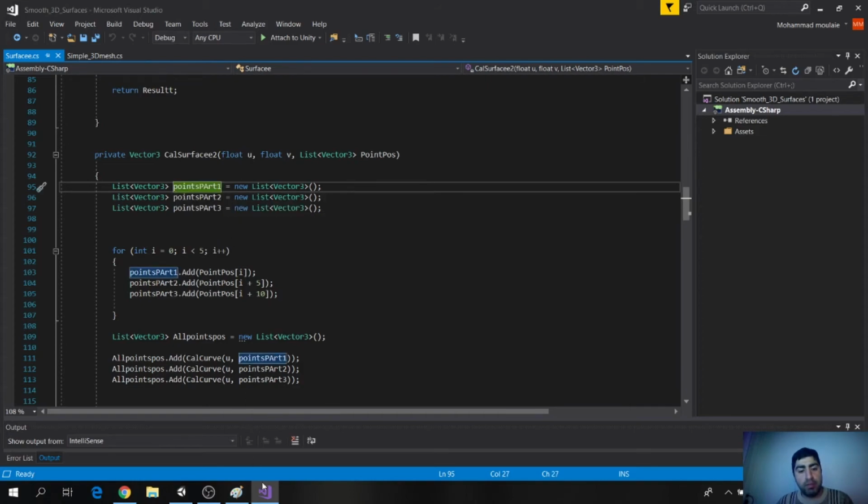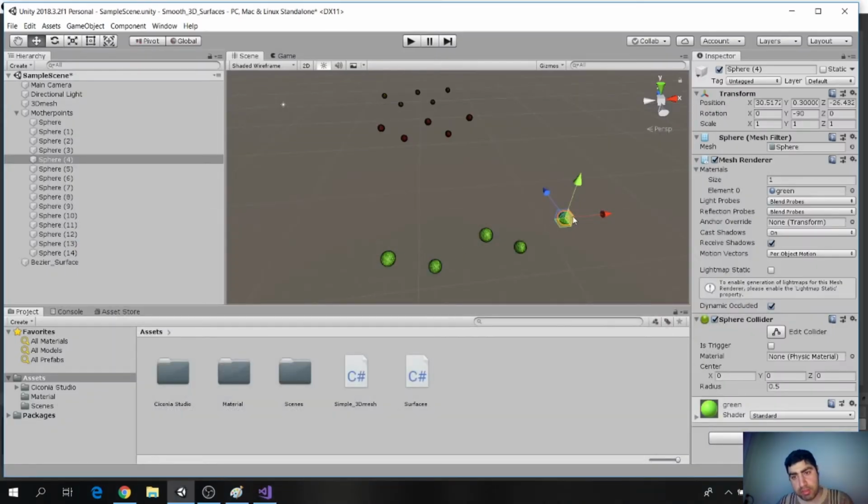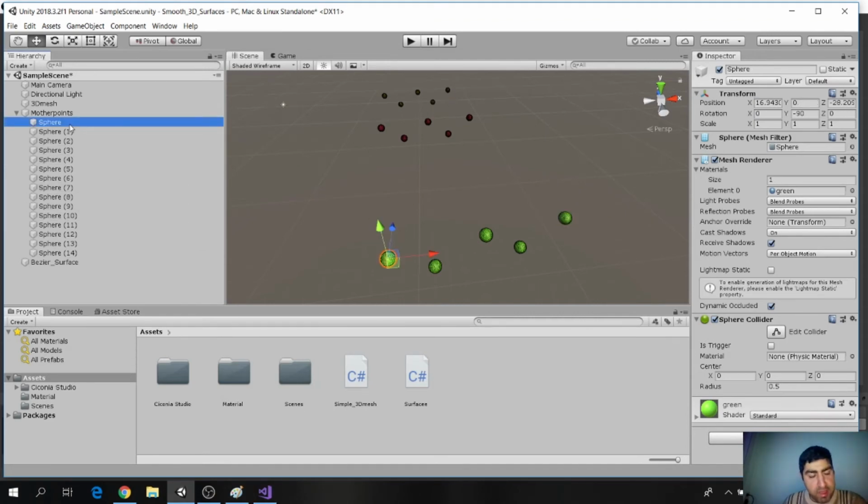Part number 1 is the positions of these green points. Part number 2 is the position of these red control points, and part number 3 is the positions of these yellow control points. How is it possible? When I wanted to make the control points,